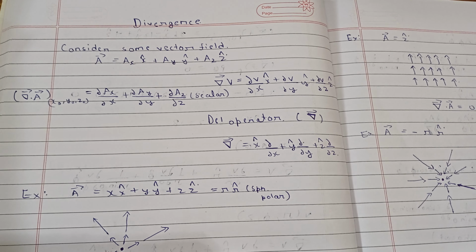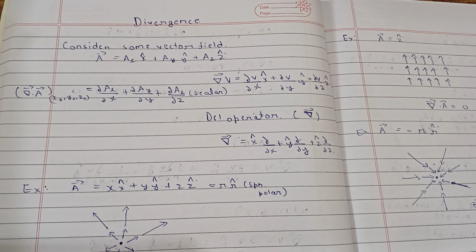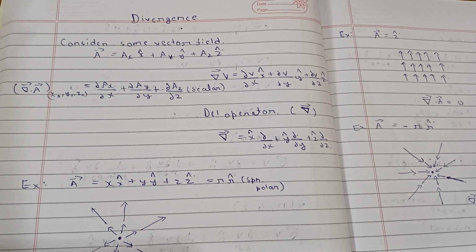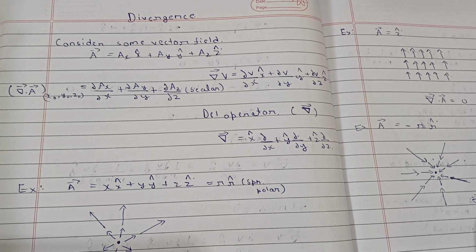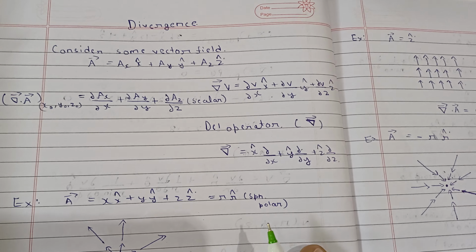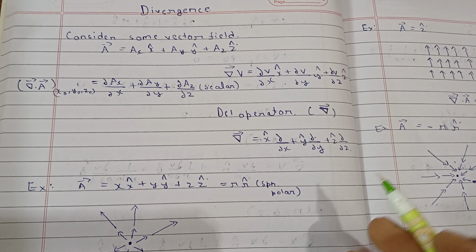In the last lecture we covered the gradient and saw its applications, such as the perpendicular vector to a plane and the tangent plane equation. We already found that using the help of the gradient. Today we'll see divergence. First we will see the mathematical form, then we'll see the physical meaning, the physical significance.